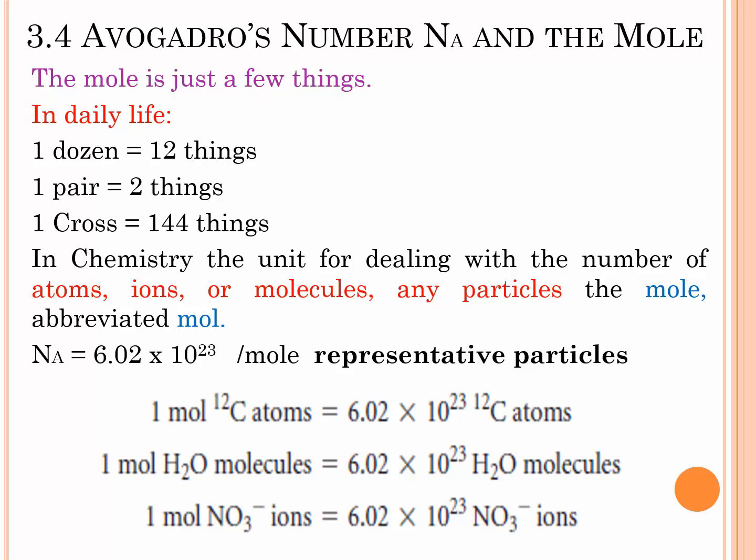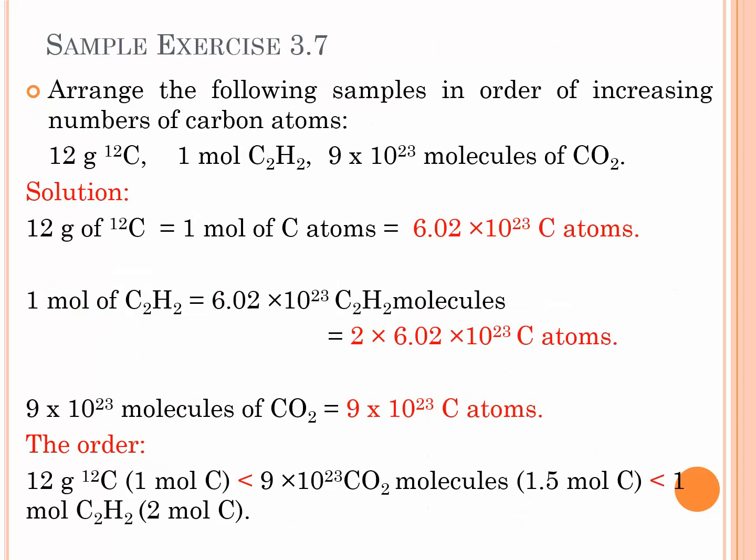To understand this, let's look at this sample exercise. Arrange the following samples in order of increasing numbers of carbon atoms. Here we have 12 gram of carbon 12, 1 mole of C2H2, 9 times 10 to the 23 molecules of CO2. We want to arrange them in order of increasing numbers. Now, 12 gram of carbon 12 equals 1 mole of carbon atoms, and this 1 mole contains Avogadro's number of carbon atoms. Now, 1 mole of C2H2 contains